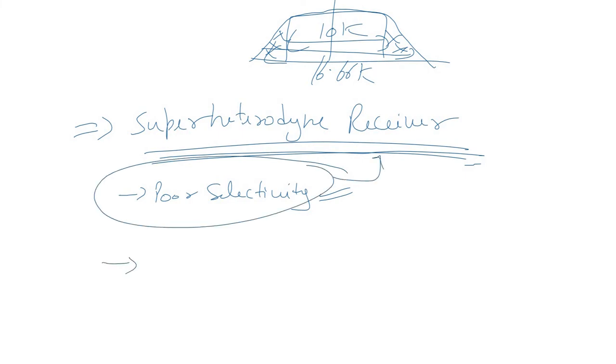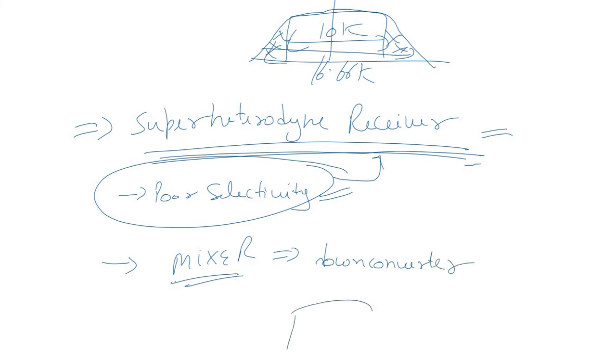Let us see how. There are two important steps that are incorporated in a tuned radio frequency receiver to make it a super heterodyne receiver, and that helps us in overcoming the poor selectivity. So the concept is we use a mixer in the super heterodyne receiver. The purpose of the mixer is that it is basically a down converter, and whatever the input signal frequency, it's a kind of a down converter.